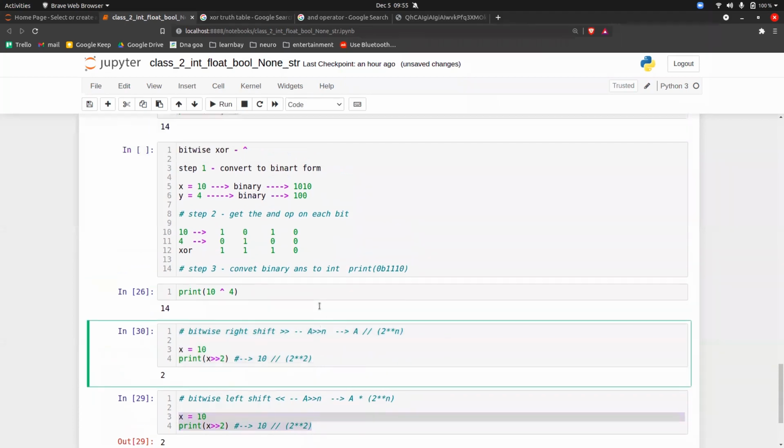Okay, bitwise right shift. So for the bitwise right shift, this is x equal to 10. What you are telling right now is that I want to do a bitwise right shift by 2 places. So basically to get the answer of this, you have to use this equation.